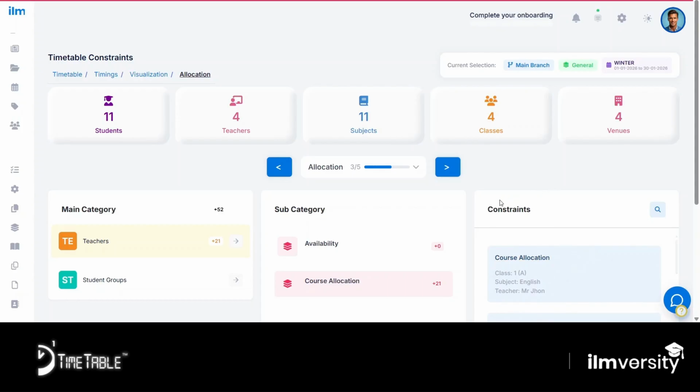You can also define teacher availability timings at this stage. This is especially useful if some of your teachers are visiting faculty and are available only for specific hours within the school day. By setting their availability, the system will ensure that subjects assigned to them are scheduled strictly within those defined time slots. To do this, click on Availability, and then click on the plus icon to add a